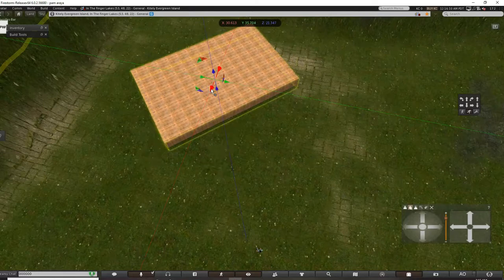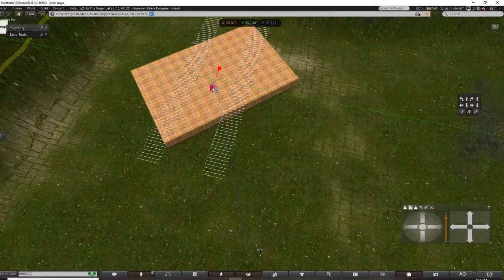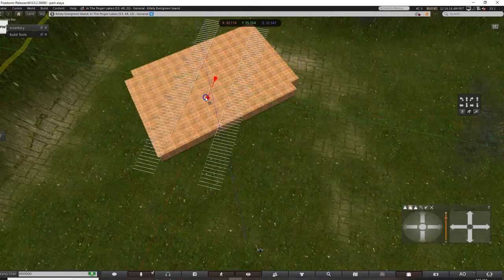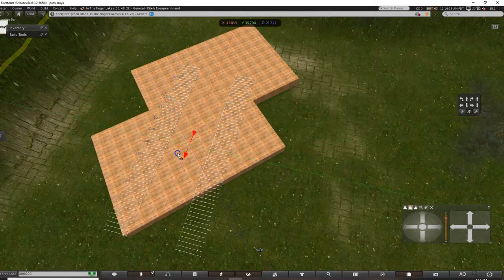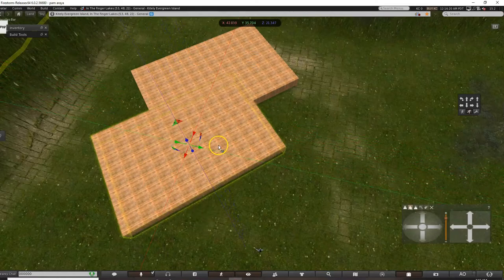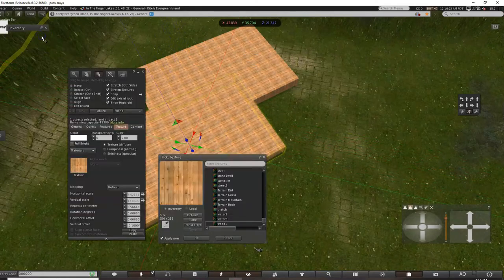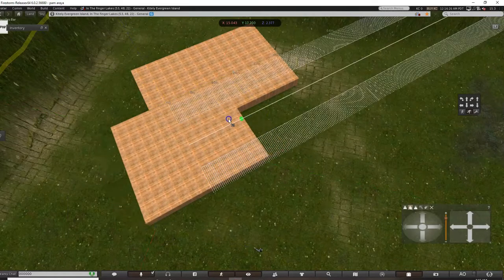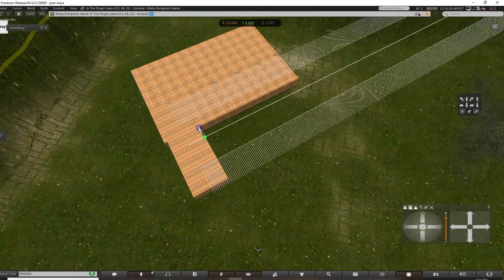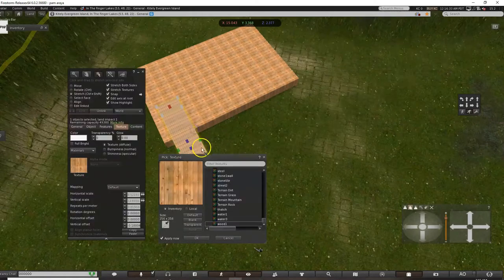So I'm going to press the Shift key and I'm going to select any of these lines. But I'm going to select this one because I am trying to build out. Because I want to make some stairs for the stage. So then I'm going to stretch and I'm going to make smaller. But I'm not going to change the size because I want to keep the same size of the stairs as of the stage.